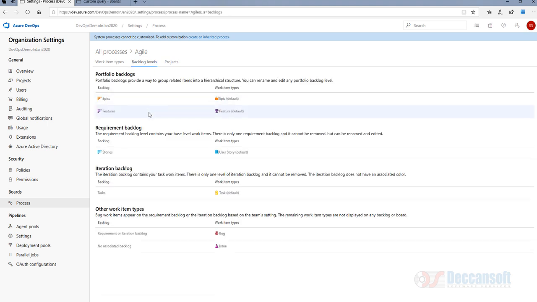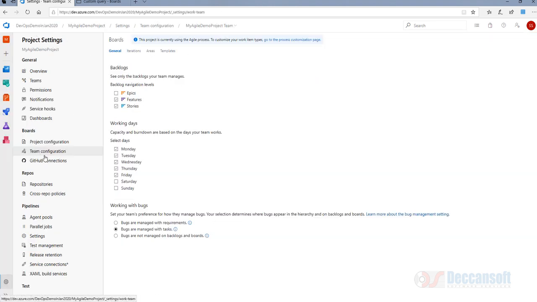Backlog levels, this is read only. Here we want one more actually. It's in project settings, team configuration. Here we'll have to put a check mark. Under project settings, team configuration, put a check mark. That's it. Now go back to